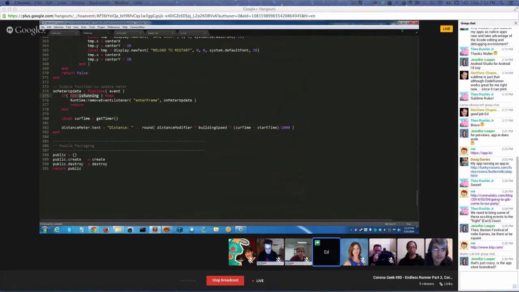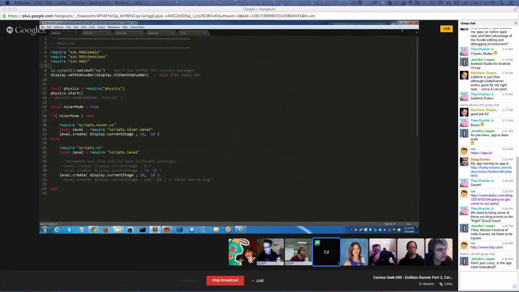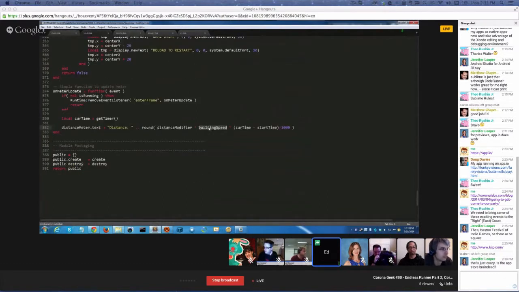let's see, building speed is a variable that gets set when I run this, and it's basically the left to right velocity, the speed that I was talking about. So right now this is set to 10, as I set it right here. I passed in 10, and I won't go through the code, but up above it gets set to 10, and then I basically subtract the start time from the current time, divide that by 1,000 because it's in milliseconds, multiply that by the speed, and then the only other thing I did here was I added a slight modifier because,